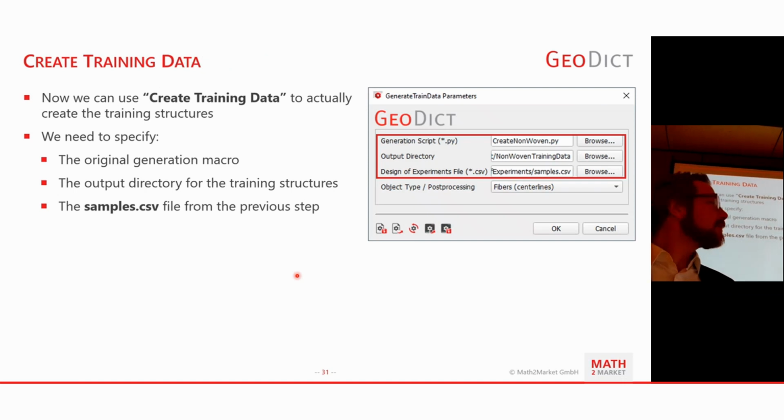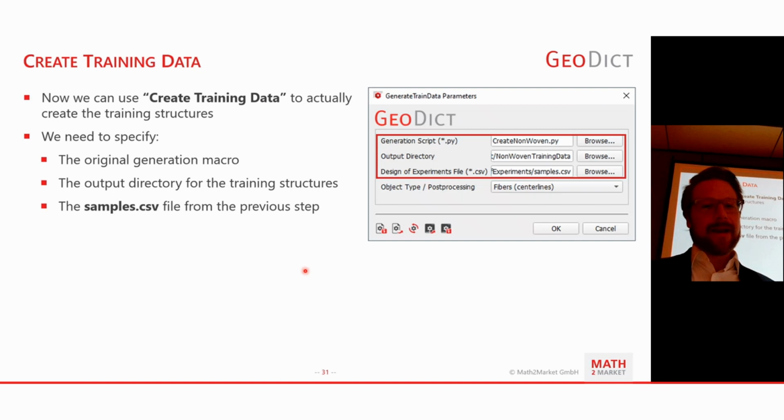Now, assuming we're happy with that CSV file after editing it, for example, or just looking at it, next we can use the create training data function, which is the next item in the drop-down menu in Geodict AI. For this, we need to specify the very same macro that we had before.